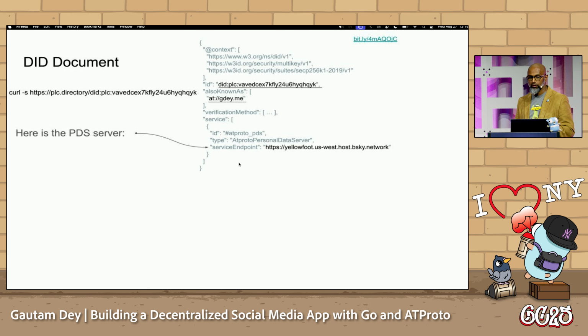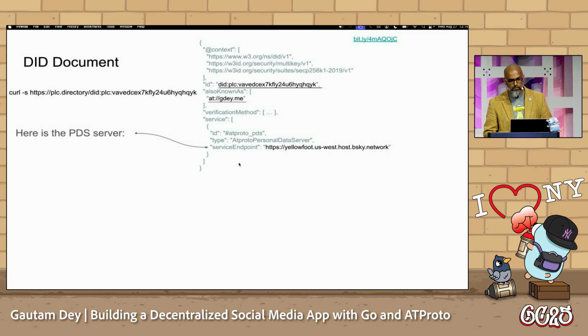When you grab that URL, what you will get is this JSON document. There are two important things that must be done, which is to verify that the DID actually belongs to the person who's asking for it. The way you do that is you look for the id field and you make sure that the DID listed in the id field is the same one that you had gotten. And secondly, alsoKnownAs should be the list of all the handles that user has, and the handle that you used to get that DID should be listed in there.